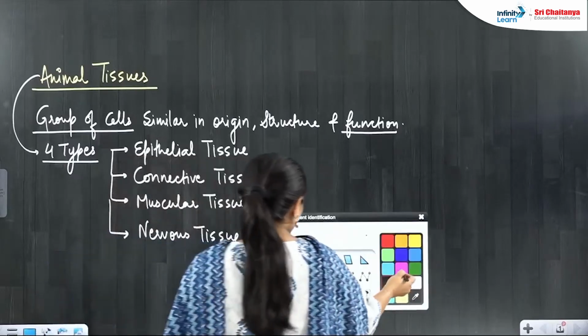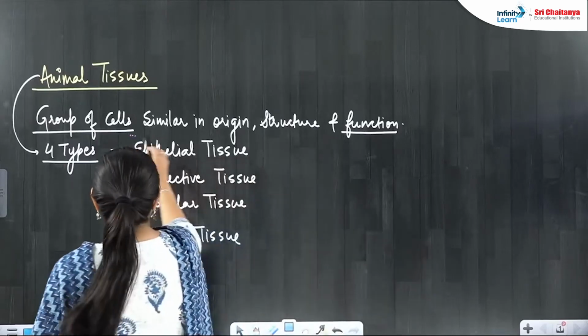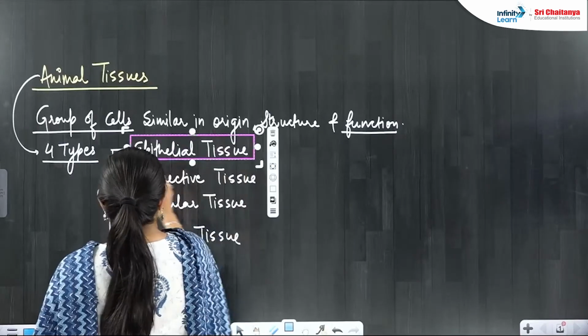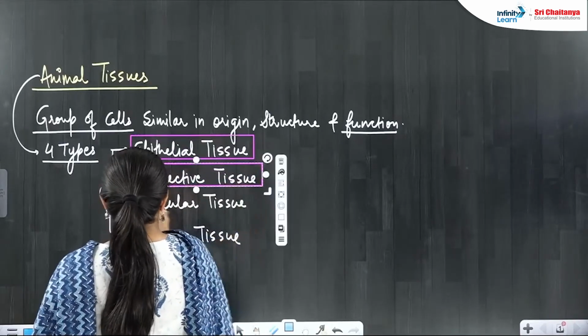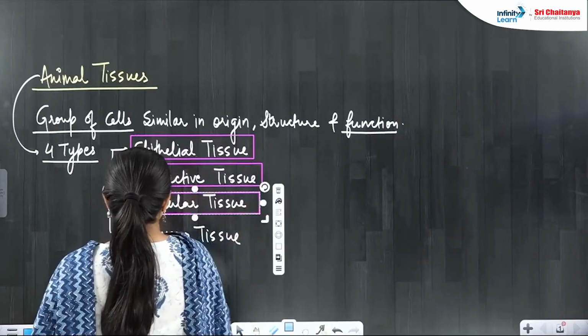Yes, these are the 4 types of tissues: epithelial tissue, connective tissue, muscular tissue, and nervous tissue,